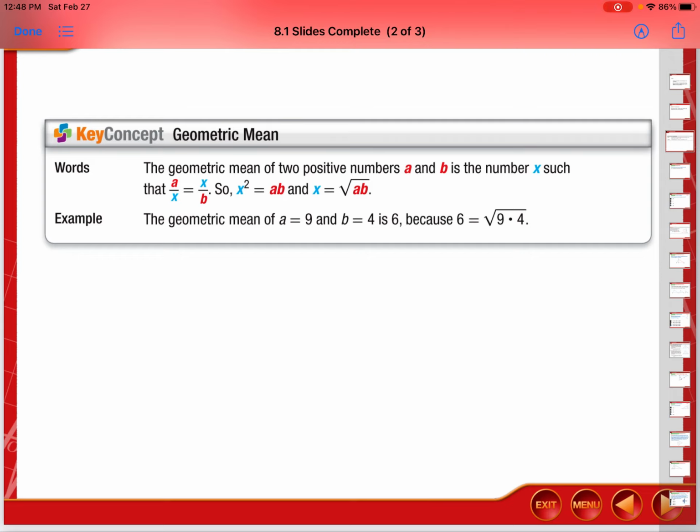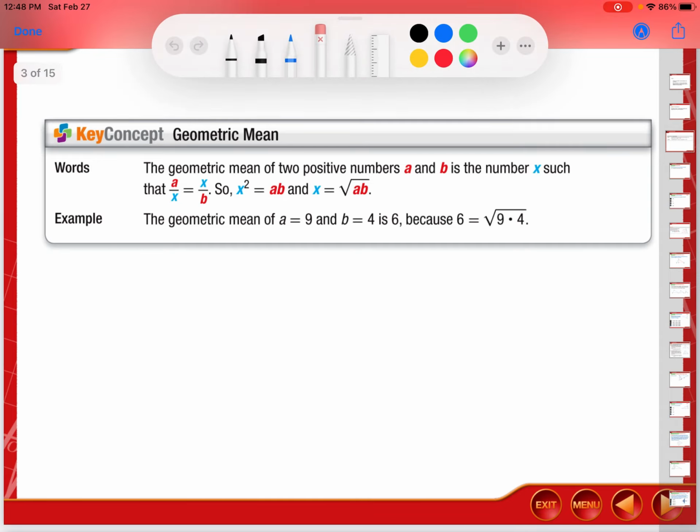So the geometric mean of two positive numbers, a and b, is the number x such that a over x equals x over b. And so x squared equals a times b, and x equals the square root of a times b. So setting this up as a proportion,